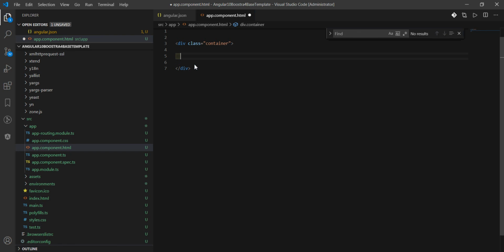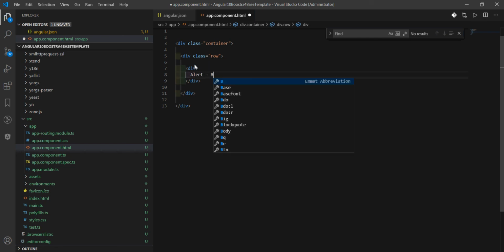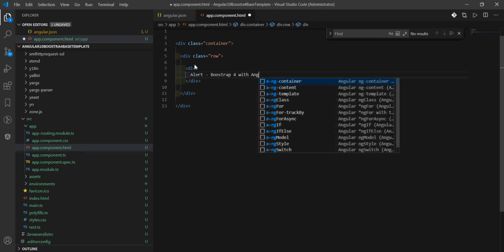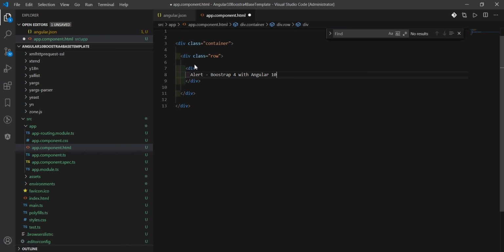In this container I'm going to write one simple div. We are following the structure of the Bootstrap class row, and to see if everything is working or not, I'm just putting one div. I'm providing the alert styles of Bootstrap to it.